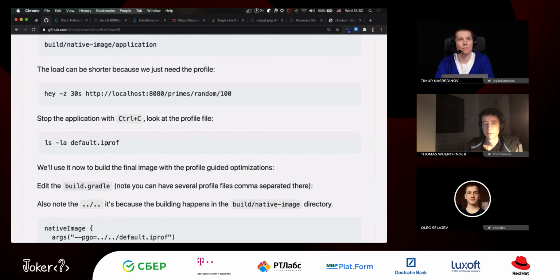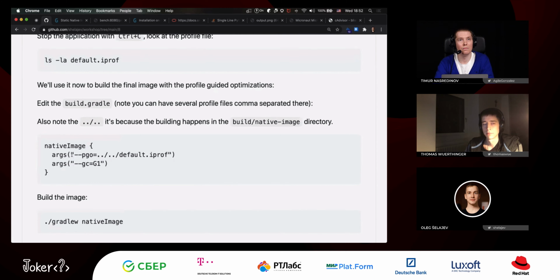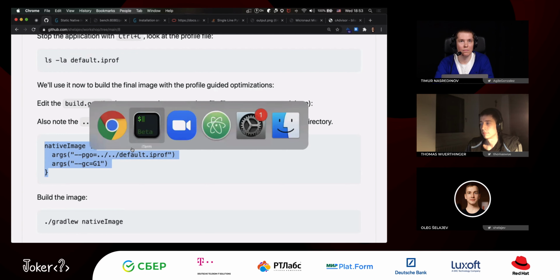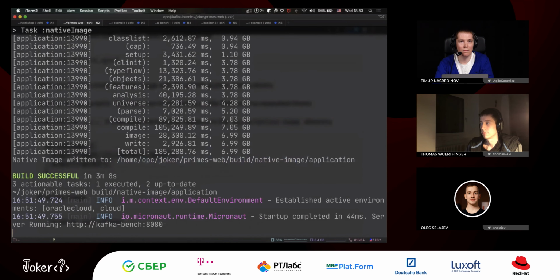So we see that there is the file, and what we need to do now is say that, oh, I want to use the profile guided options and give the path to the file. The double dot nonsense here is because the Gradle plugin builds into a build native image directory, and the profile will be in the folder where we run, right? So here,